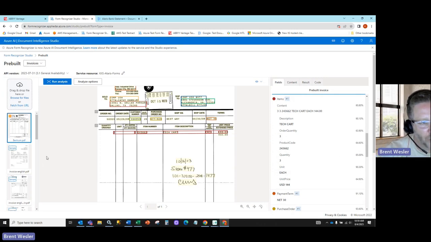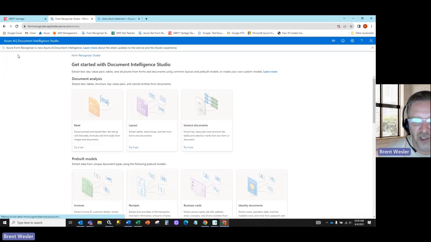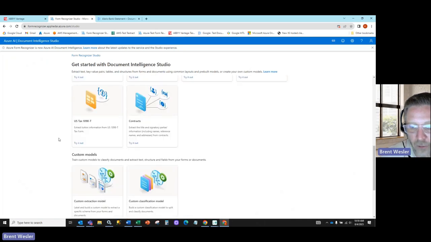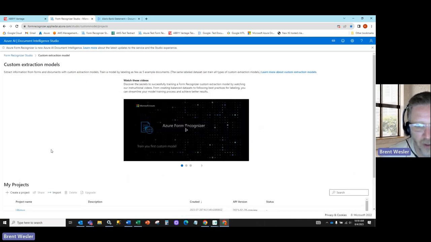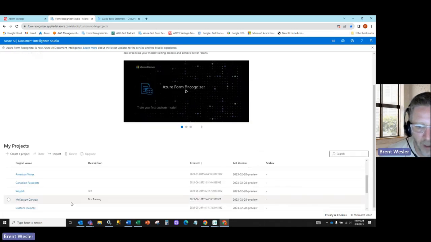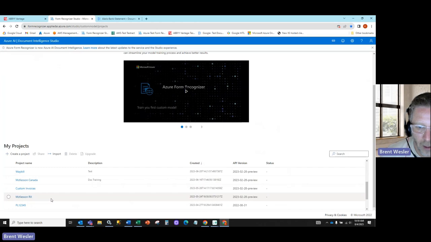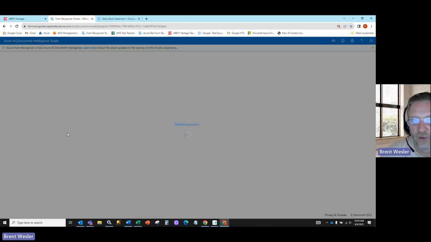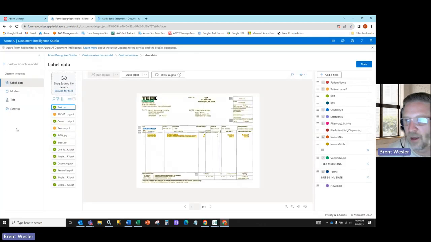Now, again, the custom parser, which I'm going to show you next, is quite a bit different than the pre-built stuff here. Again, you're only able to really test the document. It's not going to allow you to change anything. Now, if we go down to our custom extraction model, which I've already built a number of LinkedIn posts on, and I come into our example of these custom invoices here, you can see first off, you have this